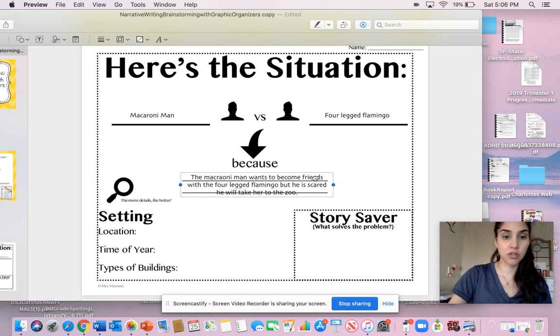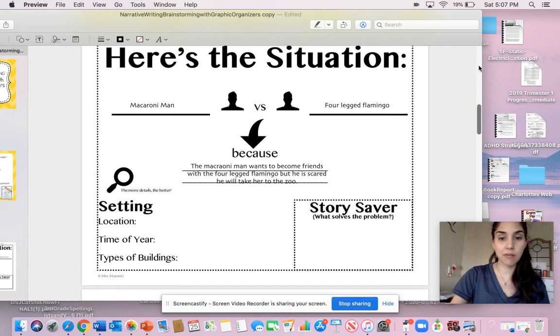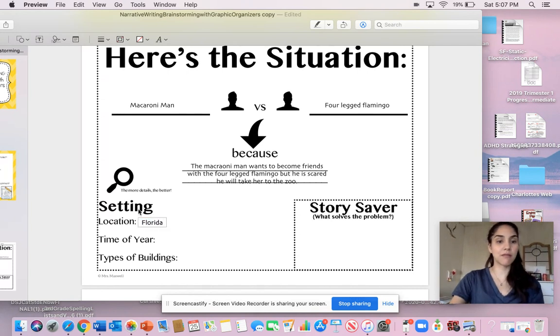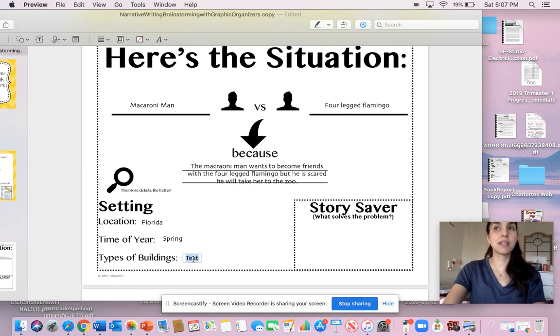Okay. Now, down here it says setting. We need to say the location, the time of year, the types of buildings there are. So let's see. So the location, let's say it's happening in Florida. And the time of year, let's say it's happening during the spring right now. And types of buildings. You might not even have buildings in your story, but we can just brainstorm what we see around. So I'm going to say this is going to be out in the middle of nowhere. So shacks and